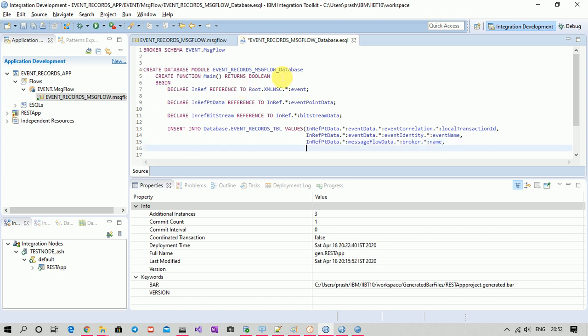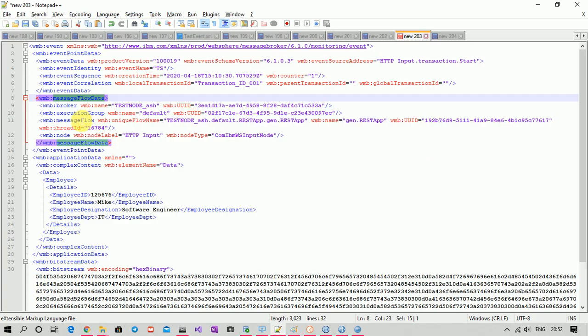Now similarly execution group and message flow name. Control C, execution group. Okay, similarly message flow.